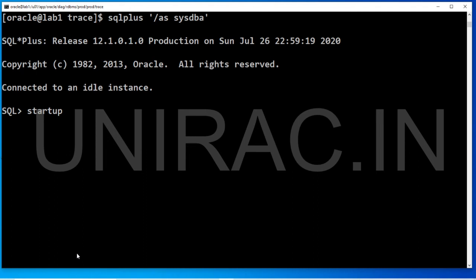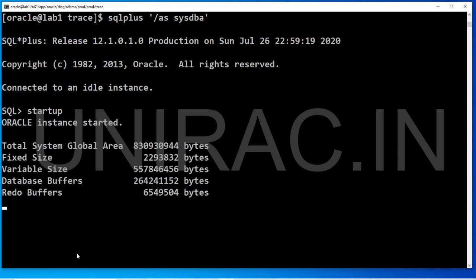Whenever you find "connected to idle instance", after rechecking all the ways, then start up your instance. Now the instance is up and running. Most people, developers or DBAs, try running SQL statements on the SQL prompt when connected to an idle instance and get an error saying not connected, the instance is idle. Please check with your database administrators. Contact your database administrators. They'll verify and will start up.